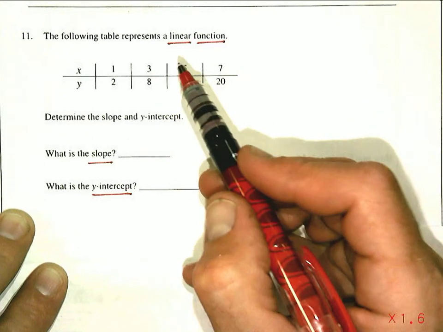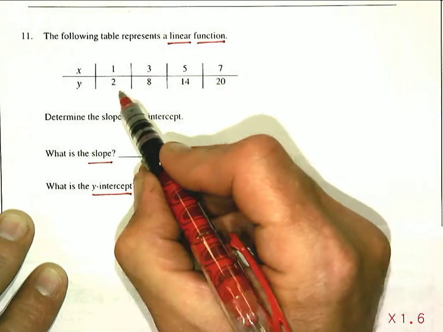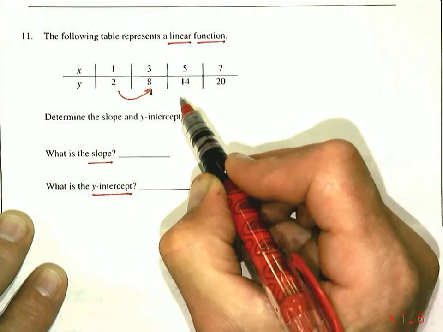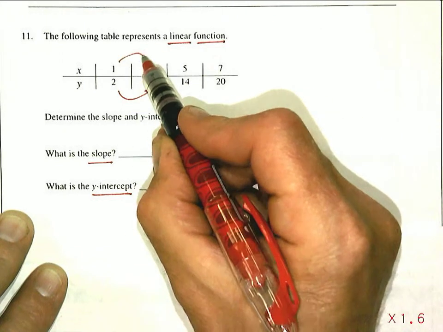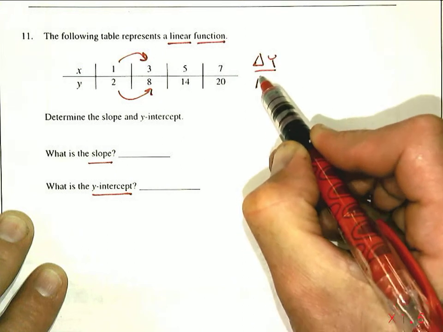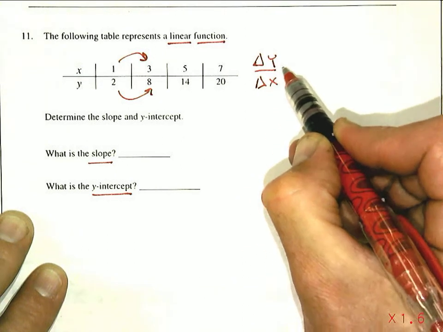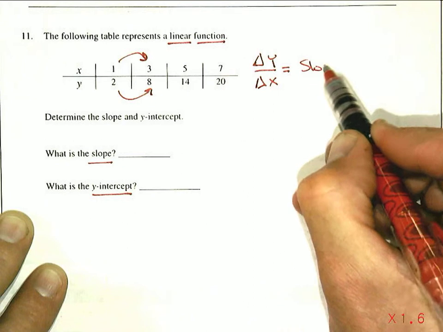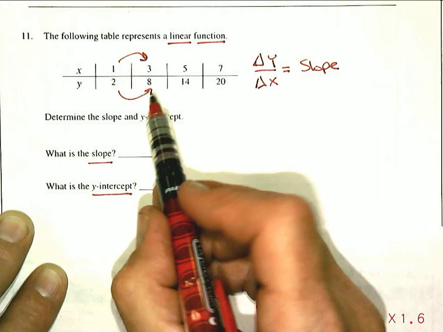When you're finding slope, you're trying to find the change in the y compared to the change in the x. So change in y compared to the change in x, or over the change in x, and that's called slope. And so in the case of this problem,